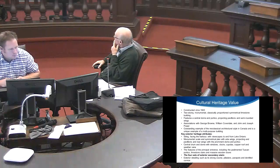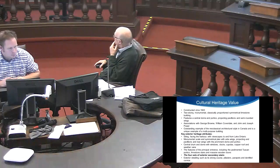So City Hall was constructed beginning in 1843. It's a two-story, monumental, classically proportioned, symmetrical limestone building. And I will just point out that one of the key exterior heritage attributes are the 4 sets of exterior